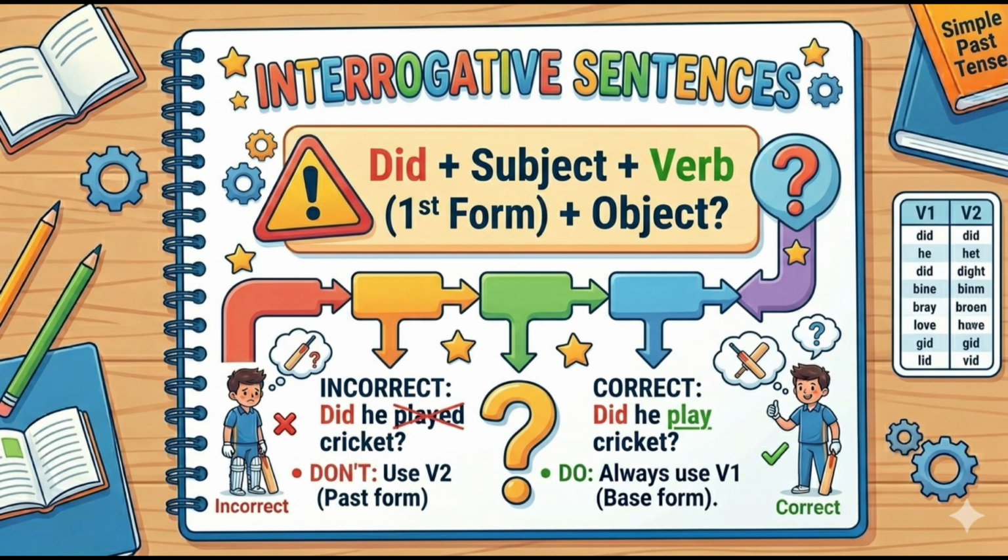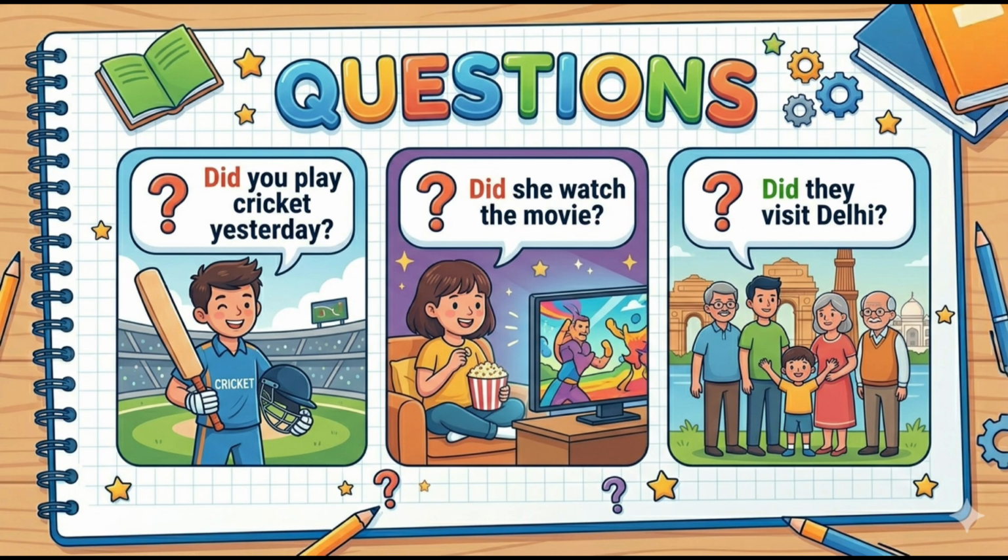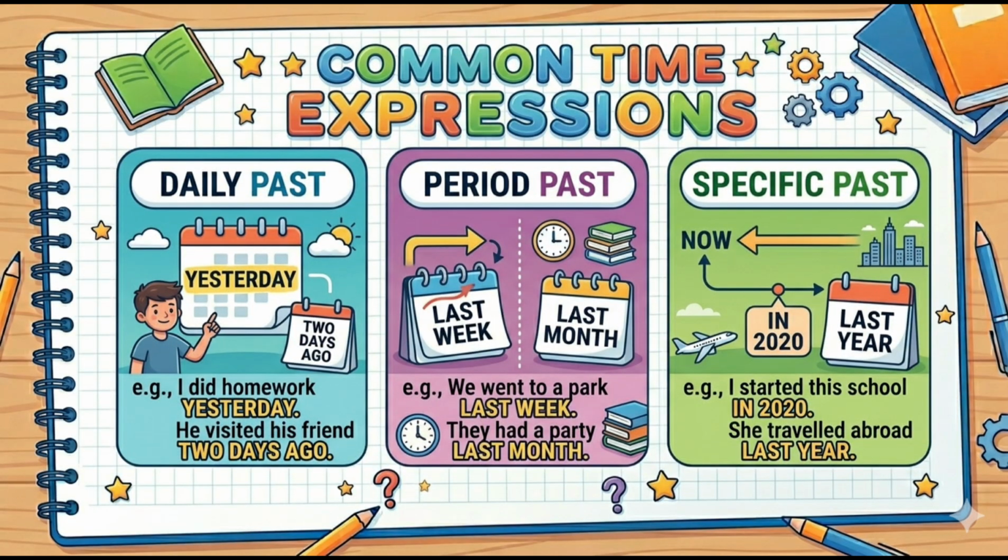For questions, we use the formula did plus subject plus first form of verb plus object. Examples are: Did you play cricket yesterday? Did she watch the movie? Did they visit Delhi? Simple past tense is often used with yesterday, last week, last month, last year, 2 years